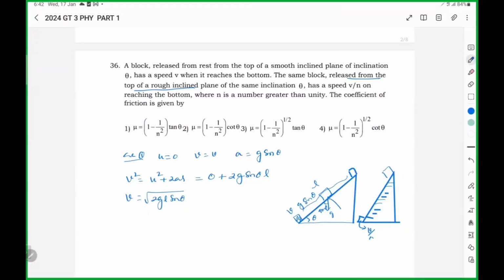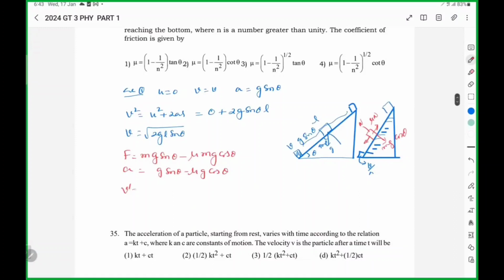In the second case, the body is moving like this, and frictional force acts on it. So N is mg cos theta. So the net force will be... that is V here is... so now V dash will be, it also started from rest, acceleration is... and that V dash is given as V by n. When it reaches the bottom,